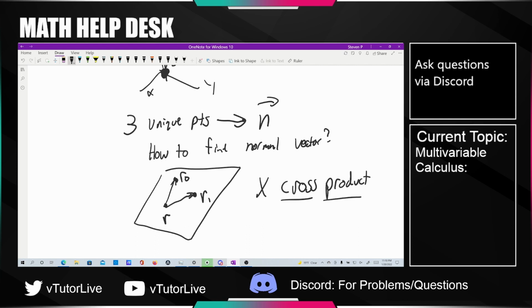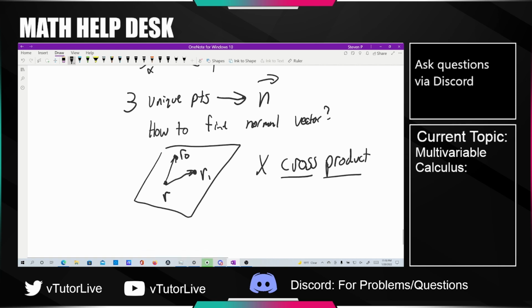Yeah, it's literally the construction. It's the construction of the cross product that was basically built just for this. But yeah, you got it exactly right. So basically, call this vector V, and maybe call this one vector W. You find V and W